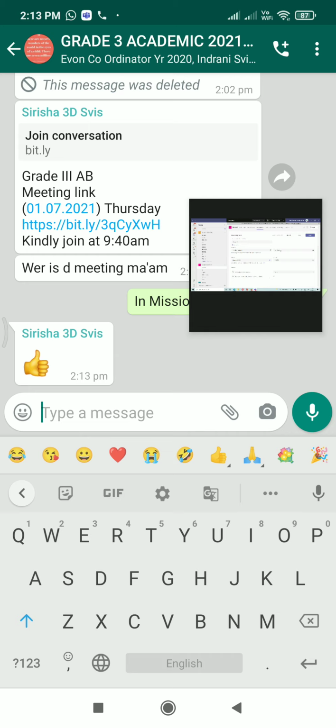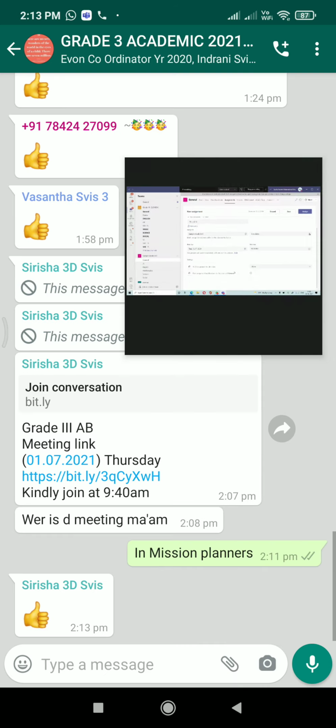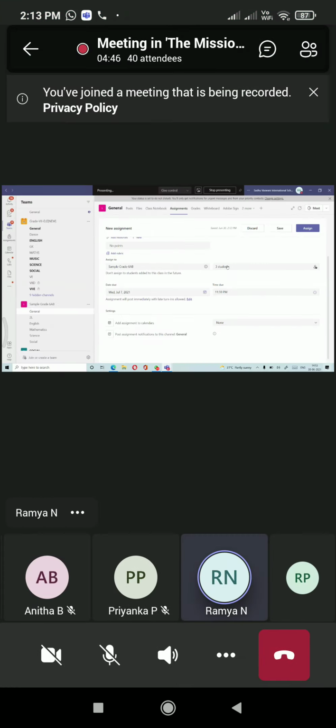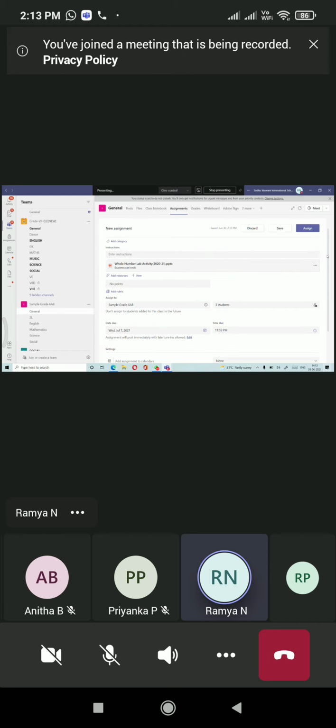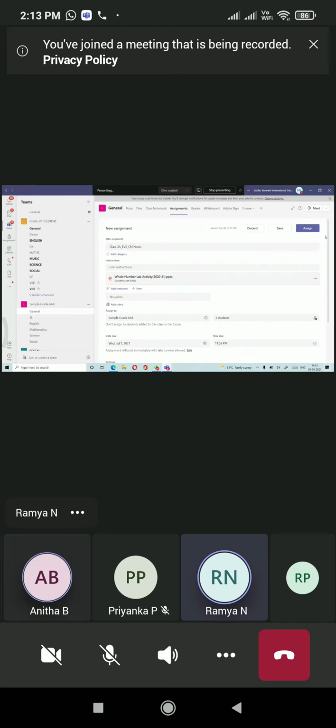When you're selecting the students, the assignment is posted by default in the general channel only. Because if you select all the students, we can post in the respective channels, but with all students, it will again be a burden for teachers. So it's better we choose our students. I'll show you why it is a burden also. So is this clear till here, teachers, everybody? Yes, ma'am. Yes, ma'am.